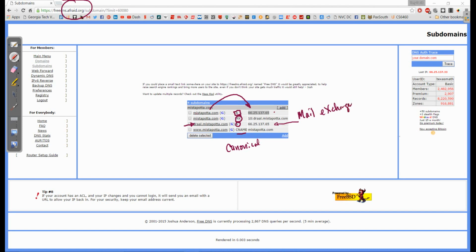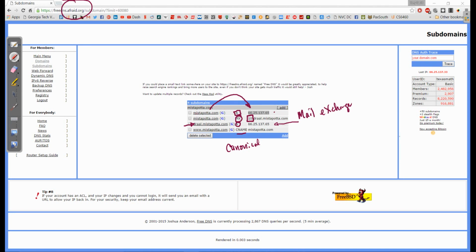So if people send mail to mistapotta.com, it's going to go to this computer. And I've got a number here, 10. What I can do is I can actually have several mail servers and have them set up with a different number in front of them. So it's basically I'm telling the internet, try this mail server first, and if that doesn't work, try the second mail server. And if that doesn't work, try the third mail server,